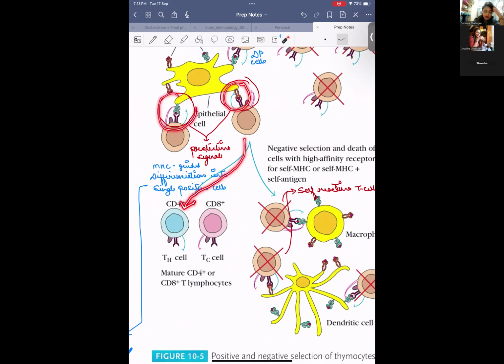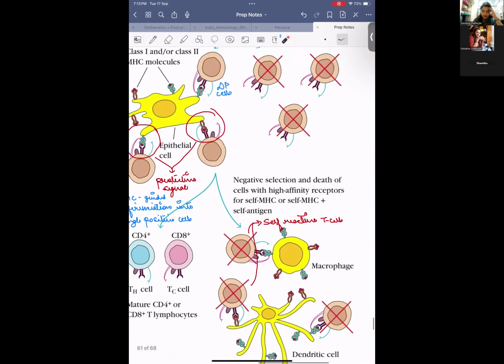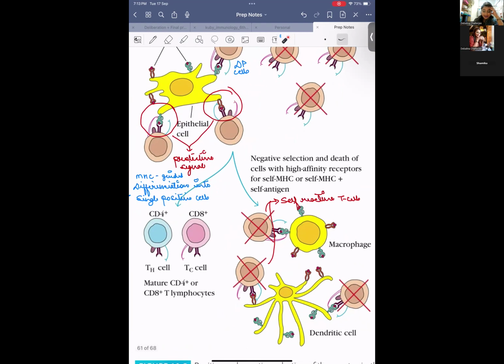And if the interaction with MHC was of a class 1 MHC molecule, they become the CD8 positive cell. Right? So this is how your self-restricted T cells differentiate into either of these two lineages,